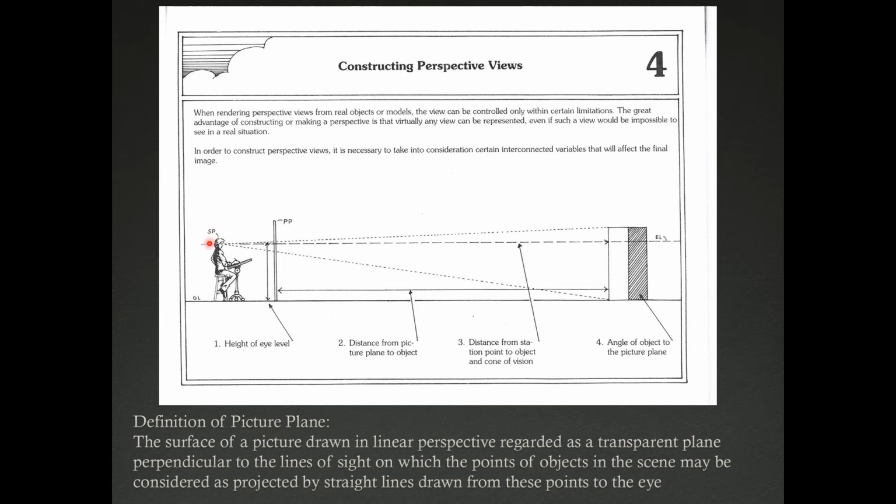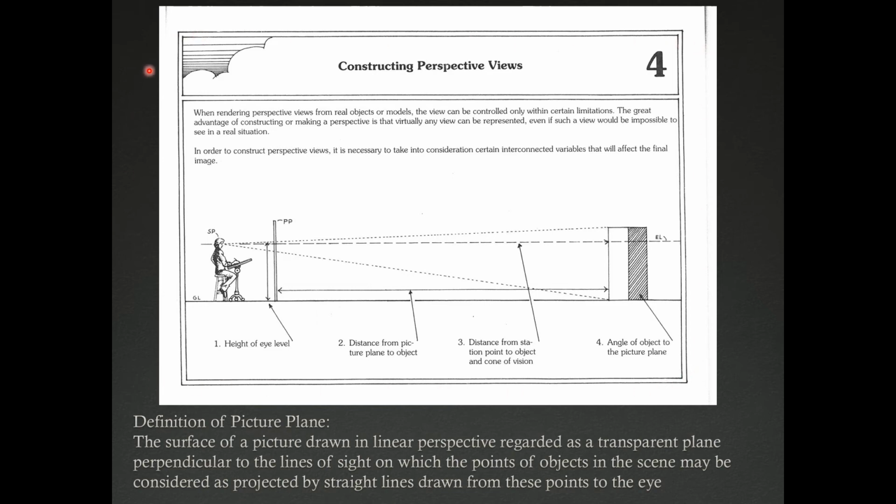So if you imagine your artist is sitting here at a point called the station point, which is the point at which she is stationed and observing the world in front of her through an invisible sheet of glass, you could say that we call the picture plane. And all of the points that the artist is observing get projected onto the picture plane, which becomes the drawing. Essentially the picture plane is the drawing,